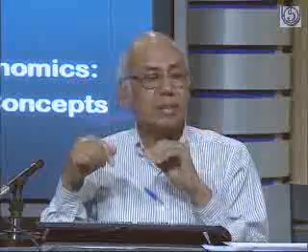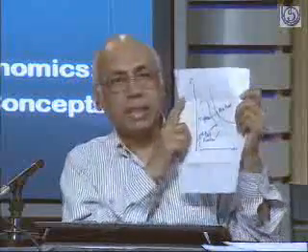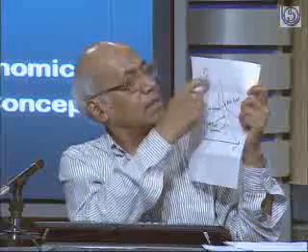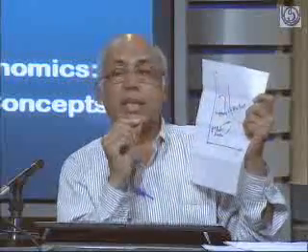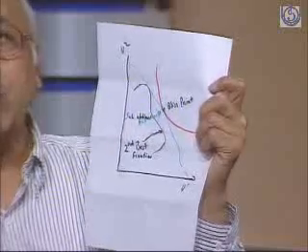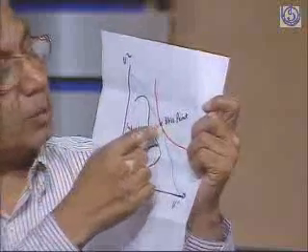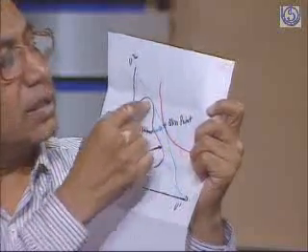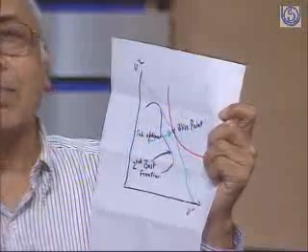Now, in the second best analysis, what happens? As you see, in the first best analysis, this green line is the Pareto optimal first best frontier, but for that you require the right policy prescriptions. And if you don't have the right policy prescriptions, then what happens? Then you can never reach this point. All that you can do is reach this black frontier. This black frontier then is called the second best analysis.